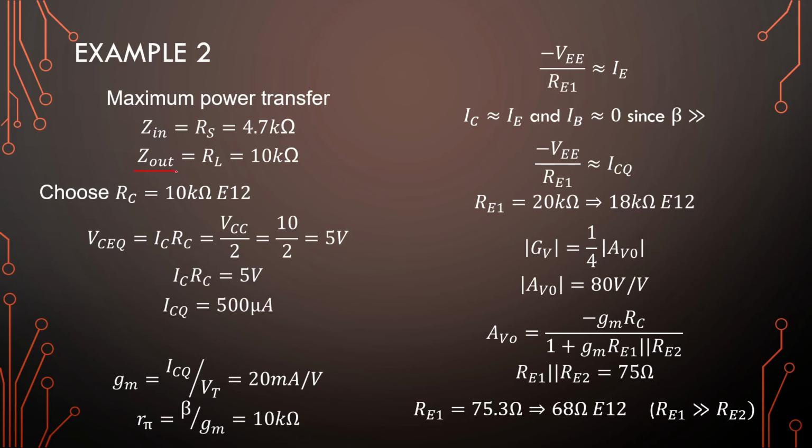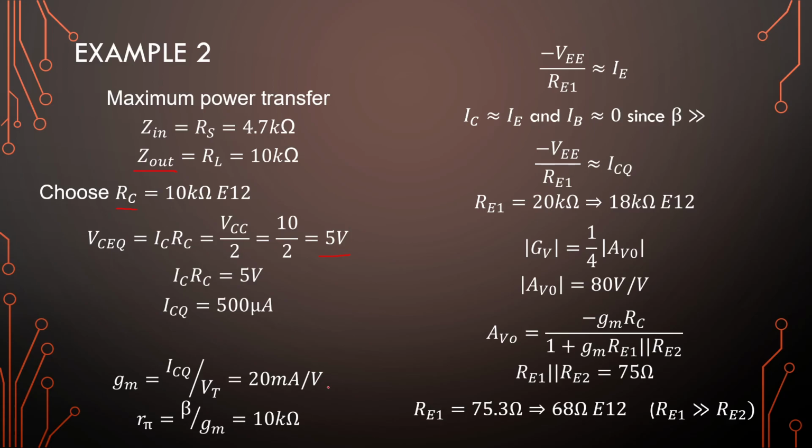Output impedance then relates directly to our collector resistor. So we can go ahead and select that at 10 kilo ohms. We know our VCC value. So half of that's 5 volts. So our IC is VCC over 2 divided by RC, which is 500 microamperes